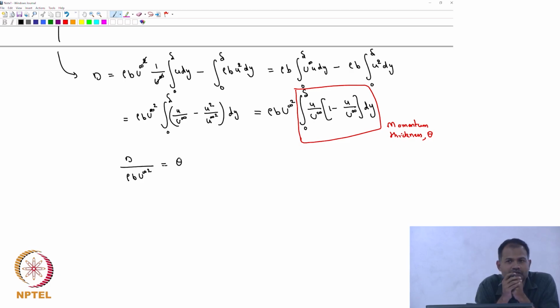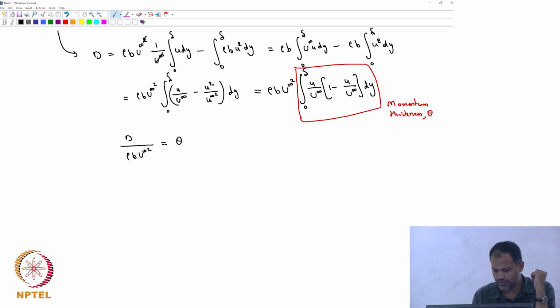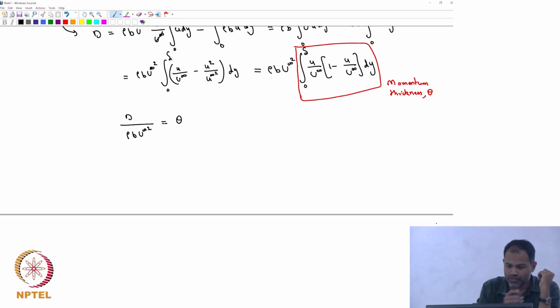So that's nothing but a measure of total drag exerted by the plate on the fluid. Now, this is how we have gotten an expression for the drag force on the